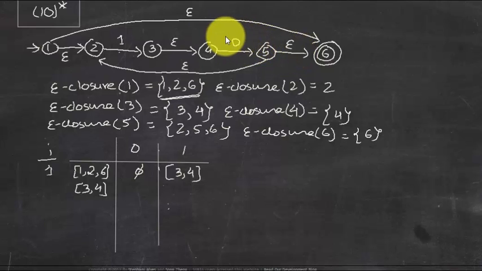Now, suppose epsilon was here and 0 was here, okay? If this was the case, we could not have taken this either. We could not have considered that from state 4 on input 0 we could go to state 6. Nope, that's not the way. But since we encounter 0 first and then epsilon, we could take both of these states as a transition, right? So from state 4 on input 0 we go to 5, we go to 6, and we also go to